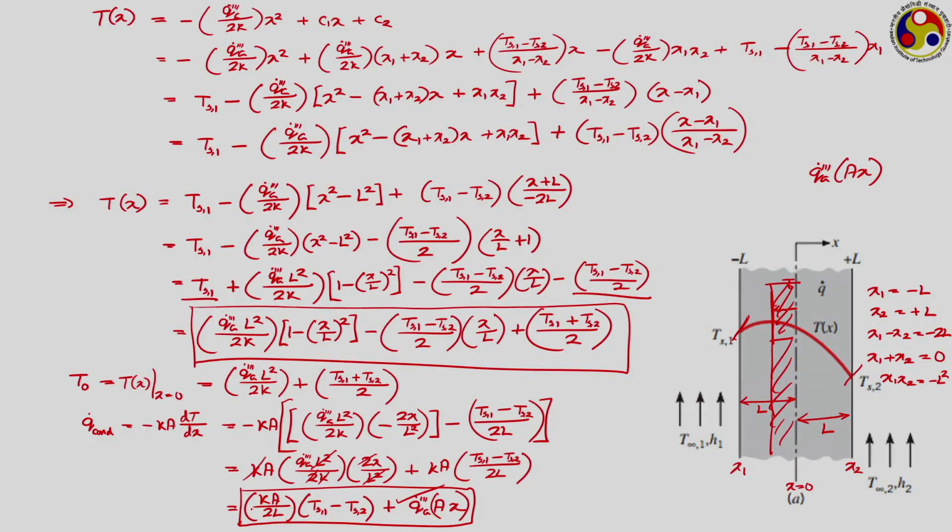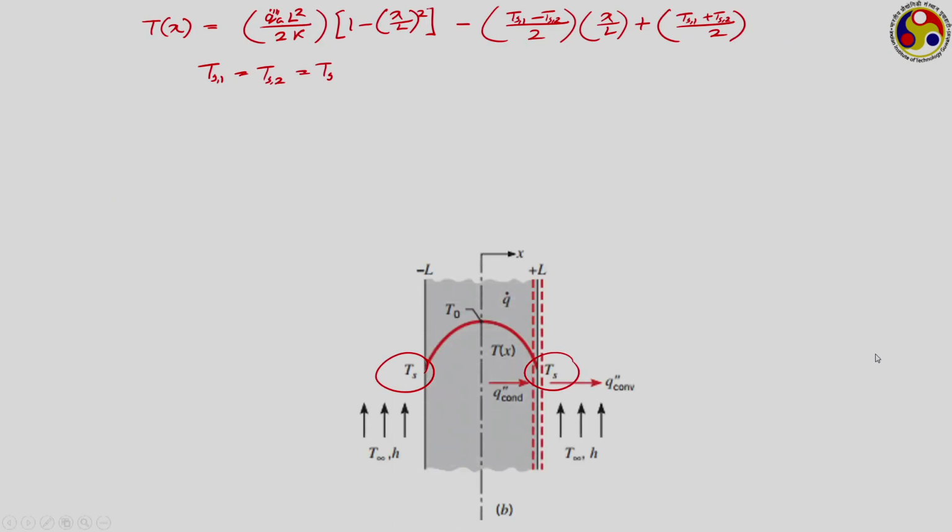In the previous case it was asymmetric, and look at the temperature profile that we have got here. It is an arbitrarily drawn temperature profile, of course, but it shows that assuming T s 1 to be higher, we are having a parabolic kind of nature, because we have an x square term present, but this parabola is not symmetric with respect to the central line, as T s 1 is higher than T s 2. But now we are having a geometry where T s 1 and T s 2 both are equal to T s. Then in that case, what will be the temperature distribution T x?